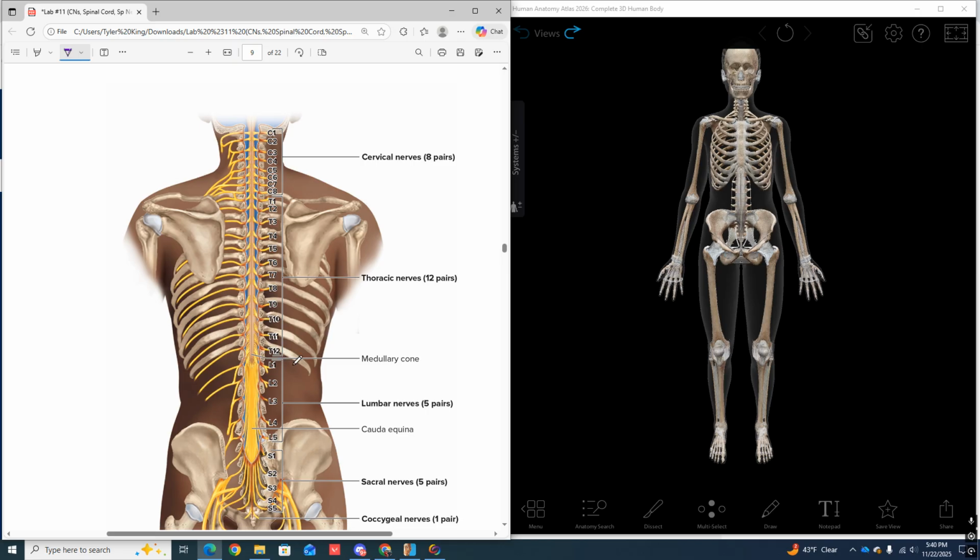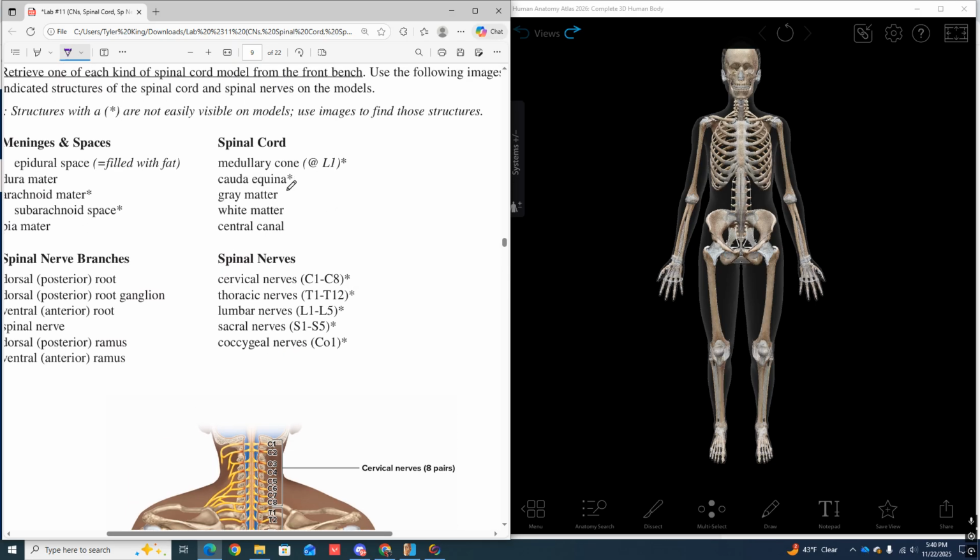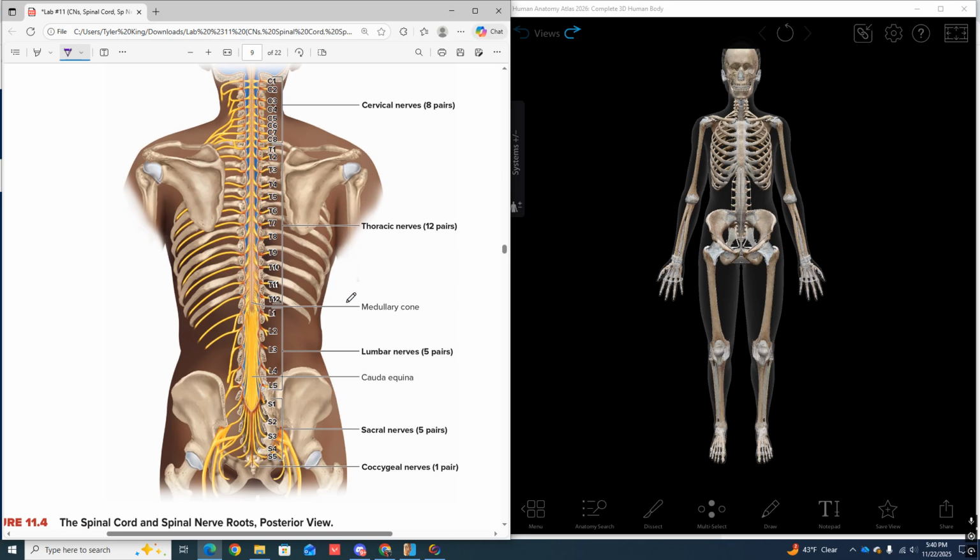And that's where it roughly ends. It's around T12, L1, L2 sometimes. So any of those answers are acceptable. Okay. And then the cauda equina, all right, you can't really see that one on models, but what it means